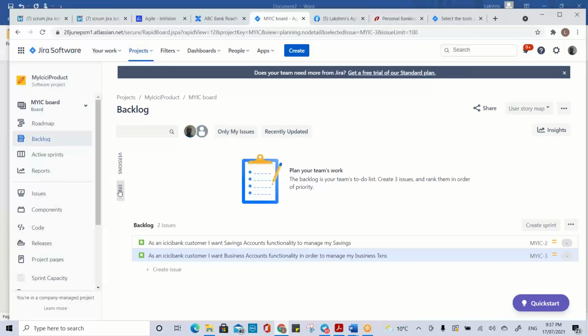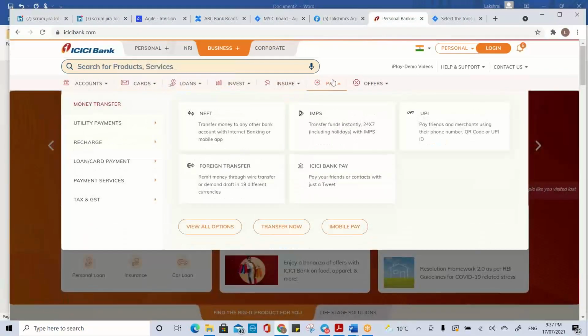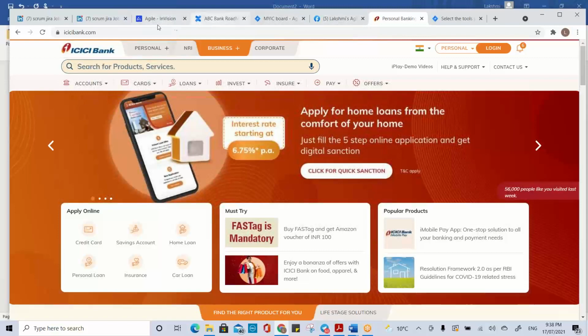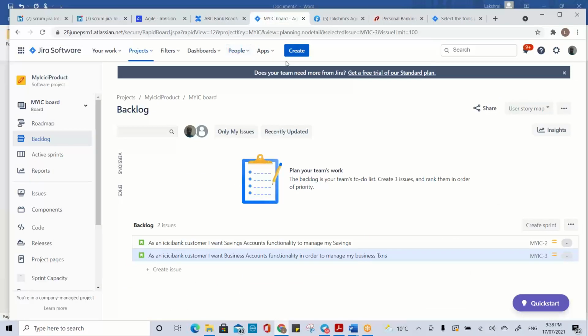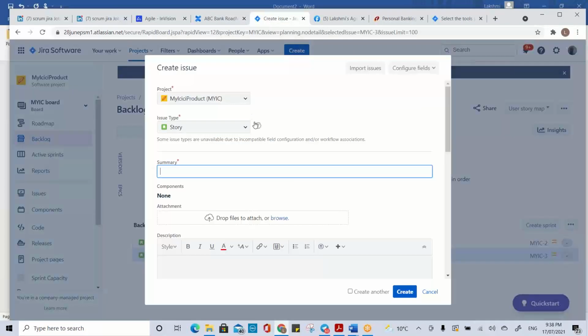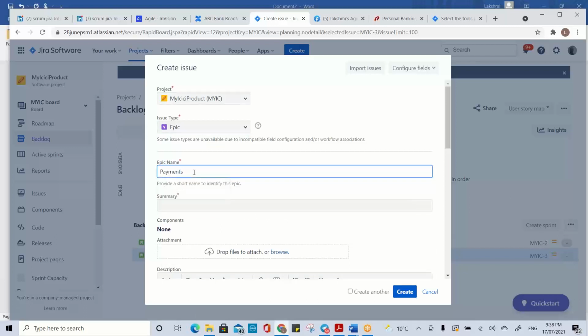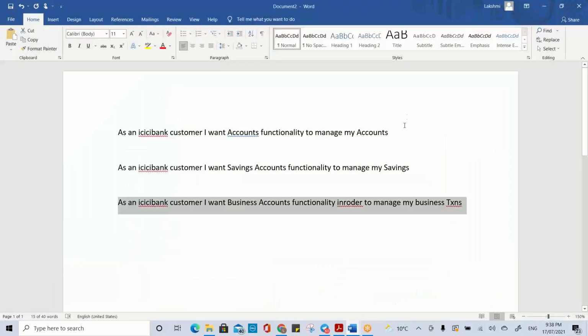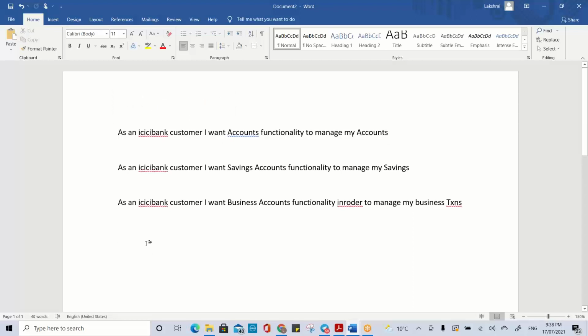Now I have written this accounts. Now let's go to the cards, or maybe go for the payments. Let me just go for one more round quickly so that we have some backlog. Now I'm going to create an epic called payments. Now I want to help the customers to make their payments. The customer can make payments using credit card, debit card, or PayPal. I say, as a bank customer, I want payments functionality